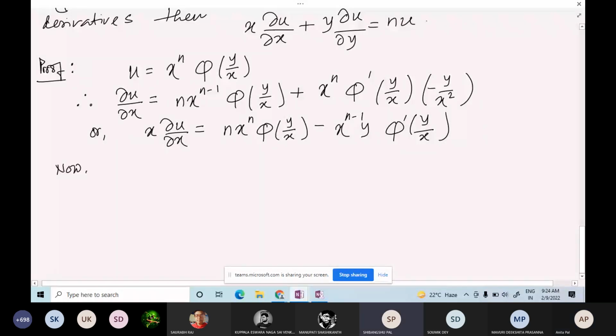Ma'am, why n minus 1 in power? The y to the power n minus 1 is in the power. Minus x, the denominator we have x, minus 1 is already cancelled in the denominator. It will be x to the power n. The argument of the function phi dash is y by x. Okay, stop talking. Whoever is asking the question, please see after the class why it happened. Here multiplied by x. Okay, please stop this discussion.